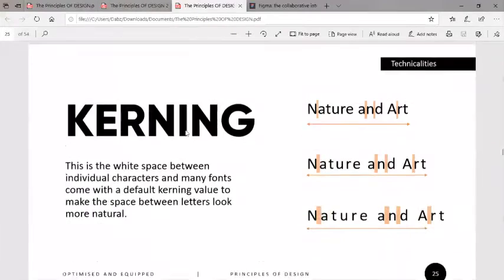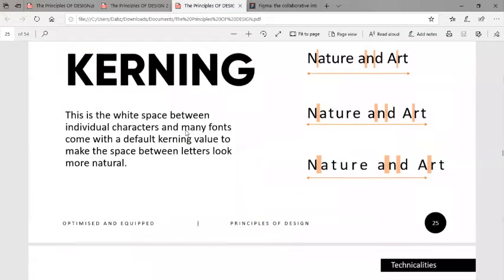So kerning is the white space. Okay, I say our meeting will end in 10 minutes. The meeting might just end in 10 minutes, so everyone should be on standby to join again, but